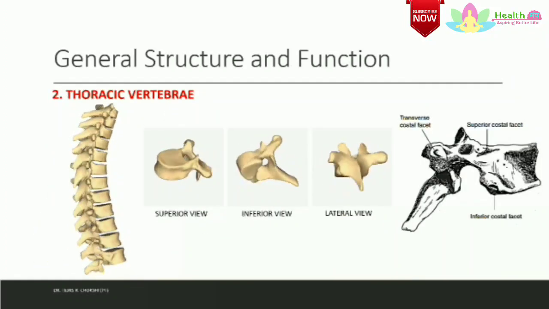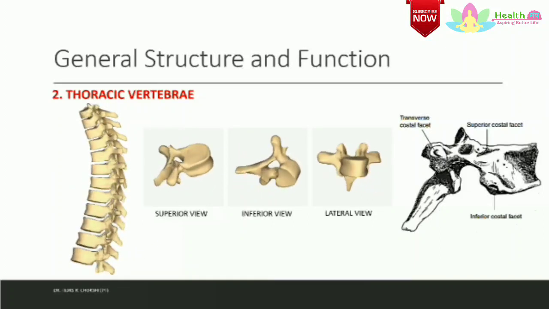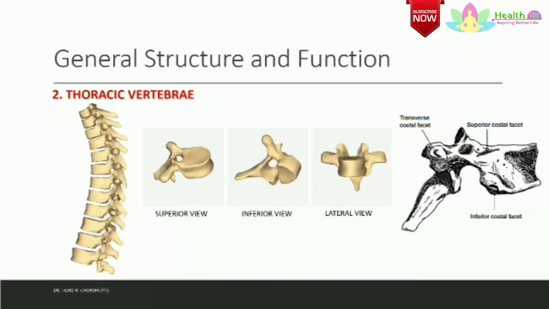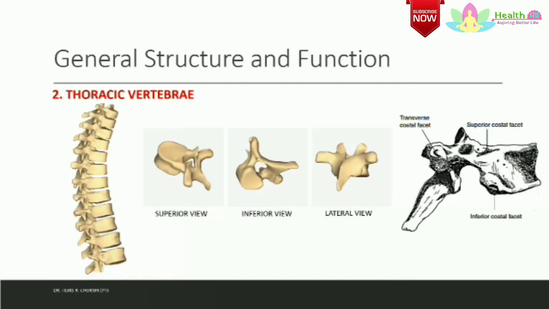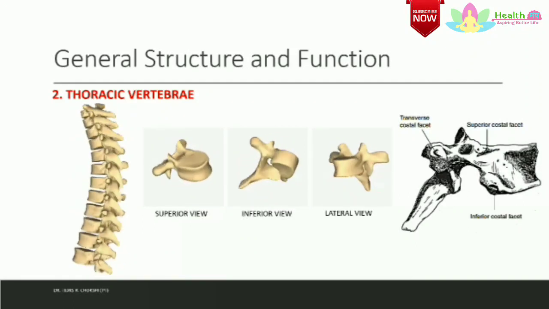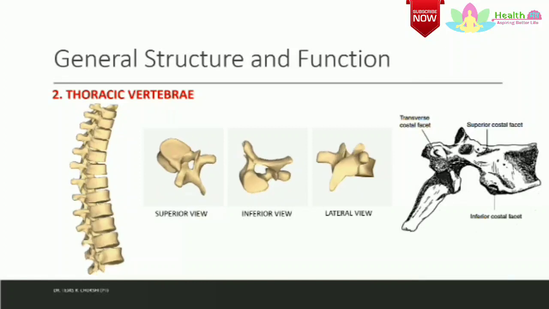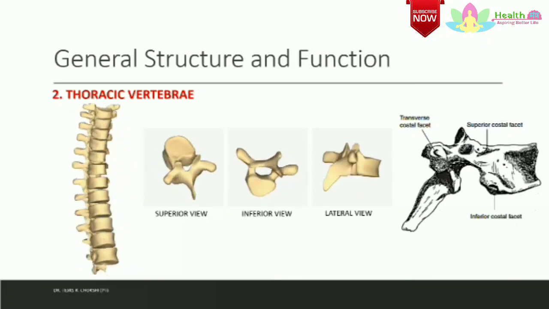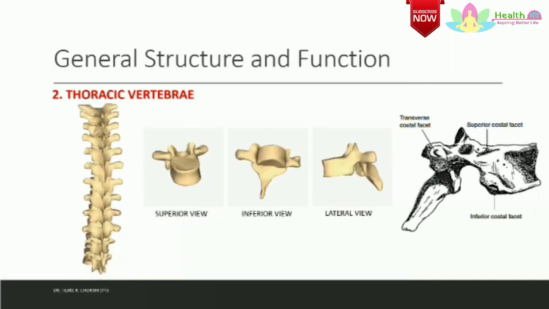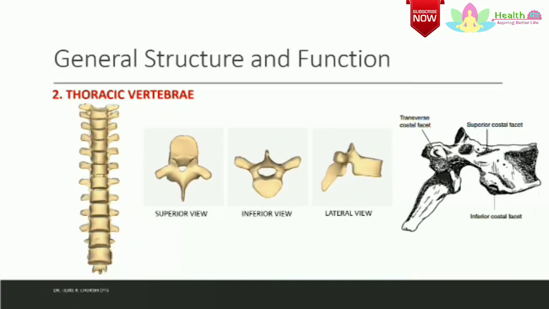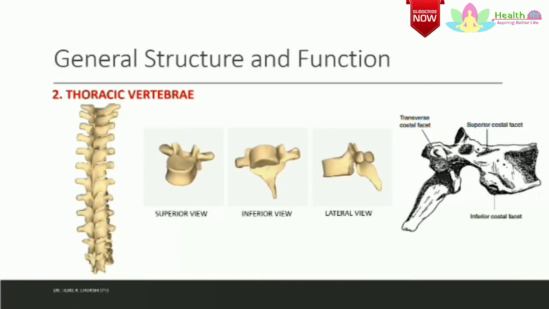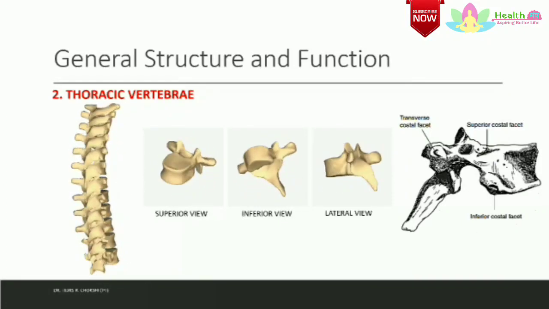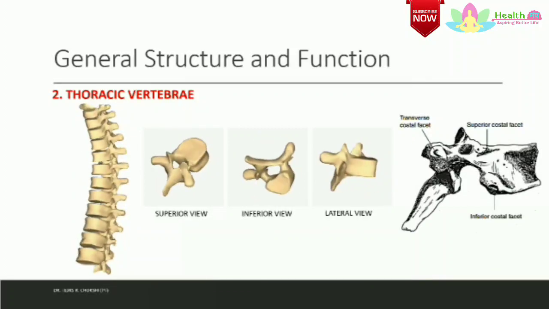Now if we look at the thoracic vertebrae, there are a total of 12 thoracic vertebrae which make the posterior aspect of the rib cage. The unique feature of thoracic vertebrae is that the vertebral body and transverse process have 6 costal articulating surfaces: 4 on the body, that is superior costal facet and inferior costal facet on each side. These facets are also known as demifacets, and 1 costal facet on each transverse process. So this is how there are a total of 6 costal articulating surfaces.